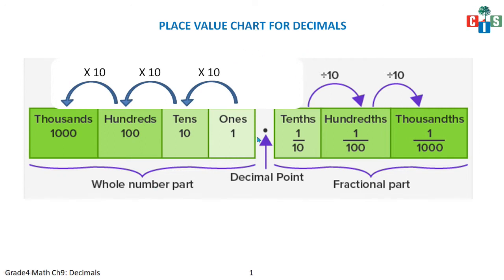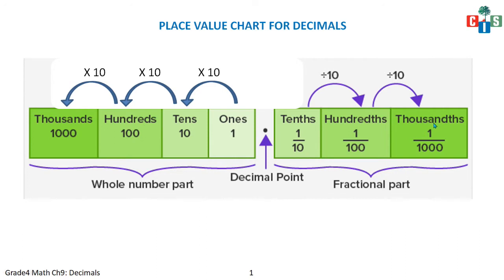Now you know that before the decimal point, that is to the left of the decimal point, you have ones, tens, hundred and thousand. And to the right of the decimal point you will have tenth, hundredth and thousandth. That is, when you move to the right of the decimal point you will divide the number by 10. Now see, when you move from ones to tens, from tens to hundreds, and hundreds to thousand, you multiply by 10. Okay, now when you move to the right of the decimal point, you will divide by 10.